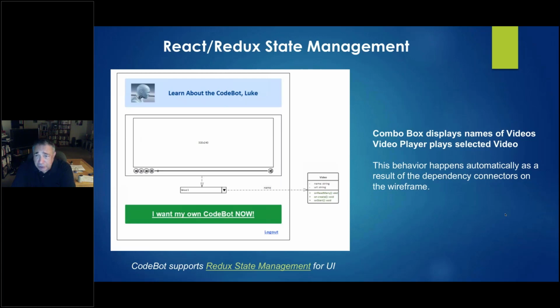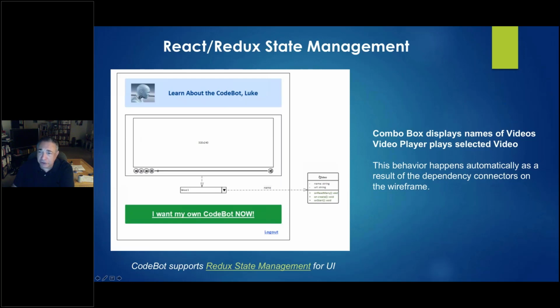So the first thing we've done here is we put this little combo box on the diagram. And here's the reference to user interface state bound components. Okay, so our process guide explains to you how this all works. So we've said this combo box is dependent on this video.